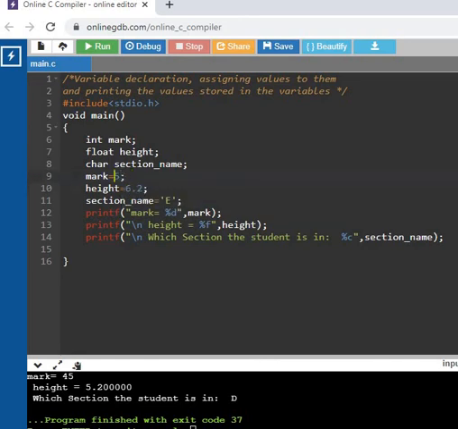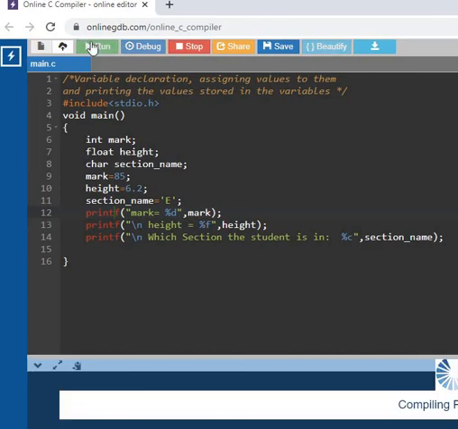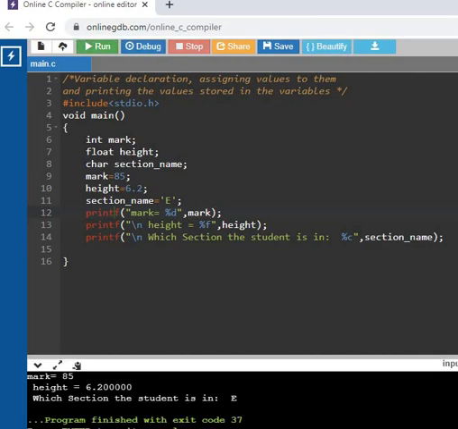If I want to give the mark as 85, I can give it. Now we have changed the values of the variables, so you can see the updated values here. Mark is updated from 45 to 85, height is changed from 5.2 to 6.2, and section is changed from D to E.